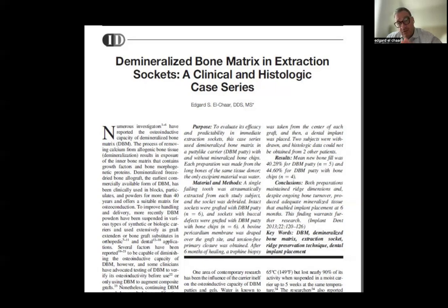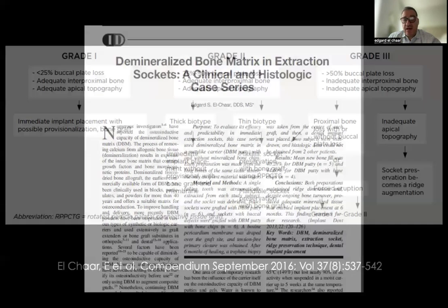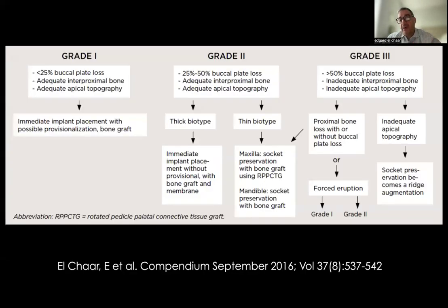Now, you have to understand that sockets are probably the most difficult thing to achieve if you are not talking about a completely enclosed socket, which led me to the other paper about the map, how to use the sockets. So the socket is more difficult than a sinus because the sinus is contained, sockets are not contained. So you need to understand when to do what to do, but nevertheless, today we are doing more socket grafting